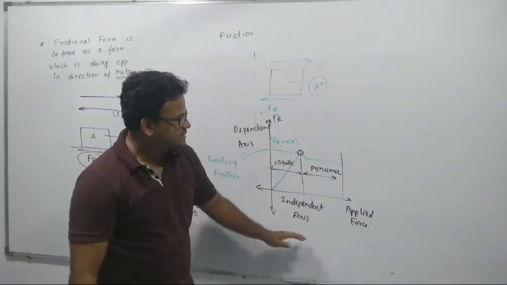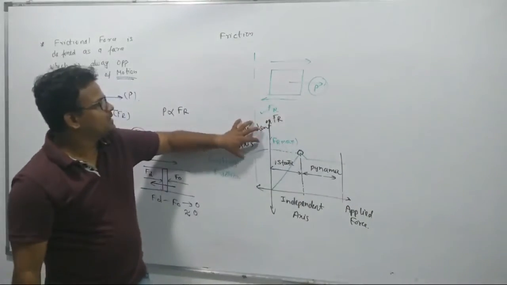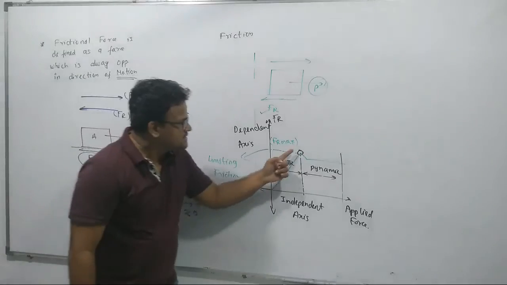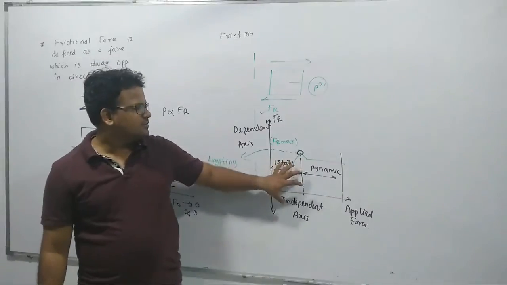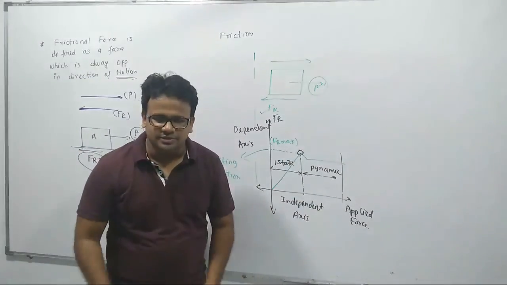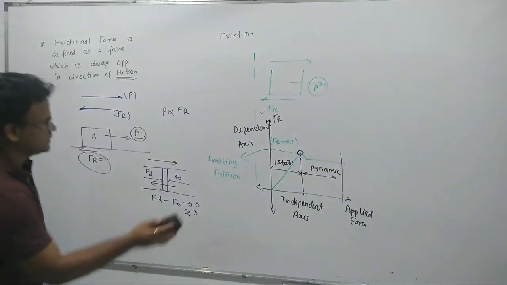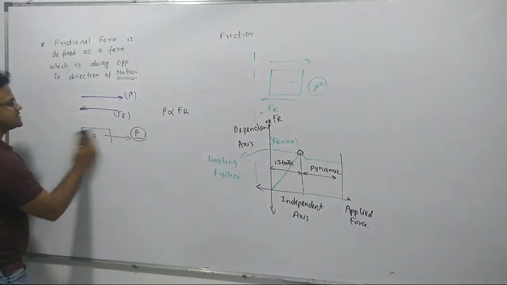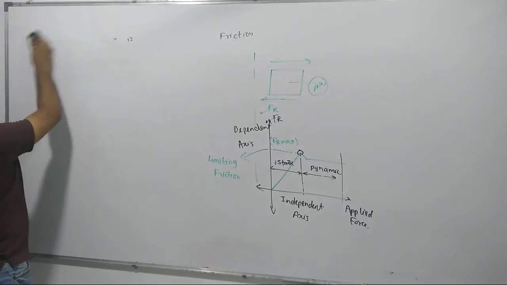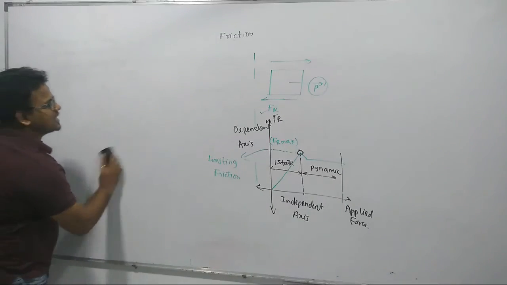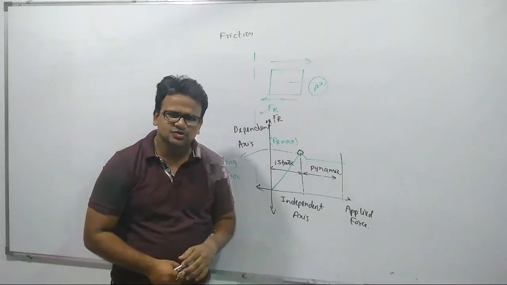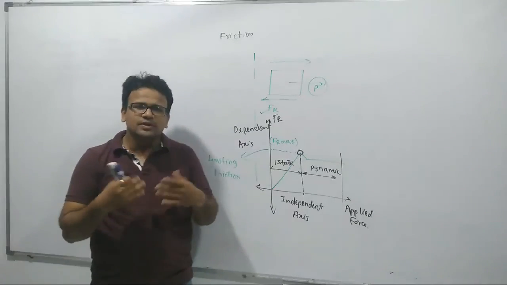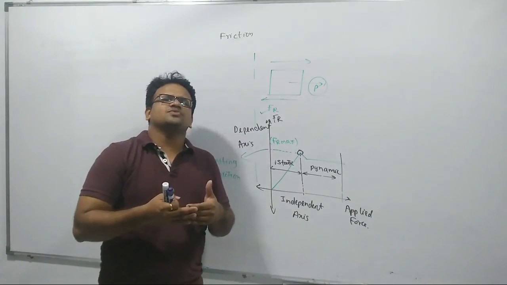On the independent or x-axis we have applied force, on the dependent or y-axis we have frictional force. It is directly proportional up to this point. Beyond this point, the body goes from static condition to dynamic condition. So we have seen this graph in detail, and we know what a reversible reaction is. One more example I can give you of static to dynamic is if you set an alarm in the morning at 5 a.m. Exactly when the alarm rings, you do not get up. There will be a 2 or 3 minute delay. Between those 2 or 3 minutes, you are always thinking that